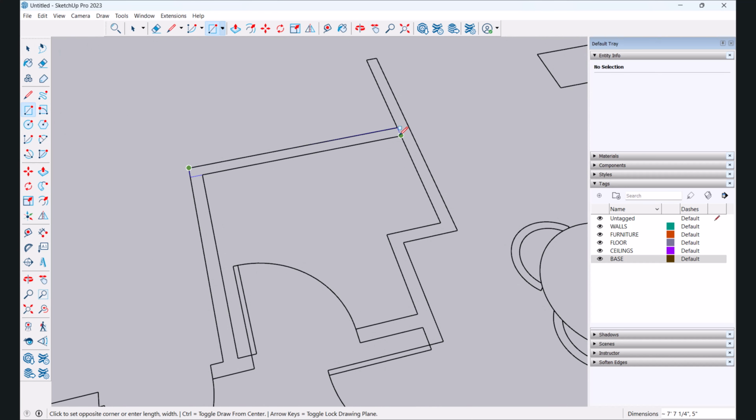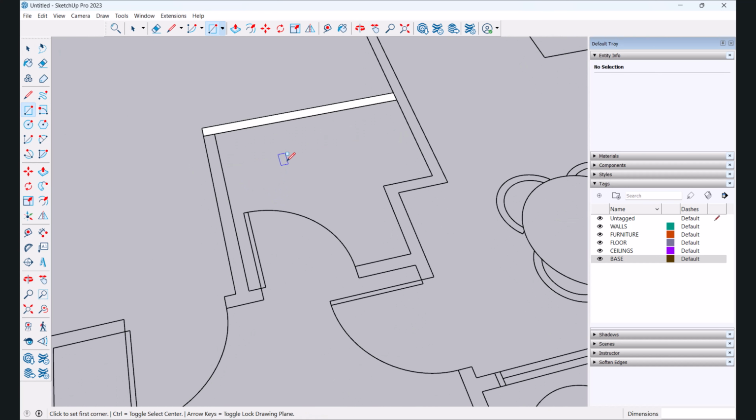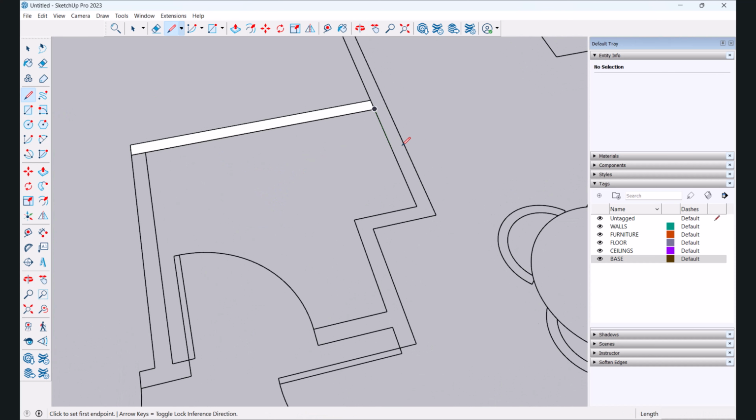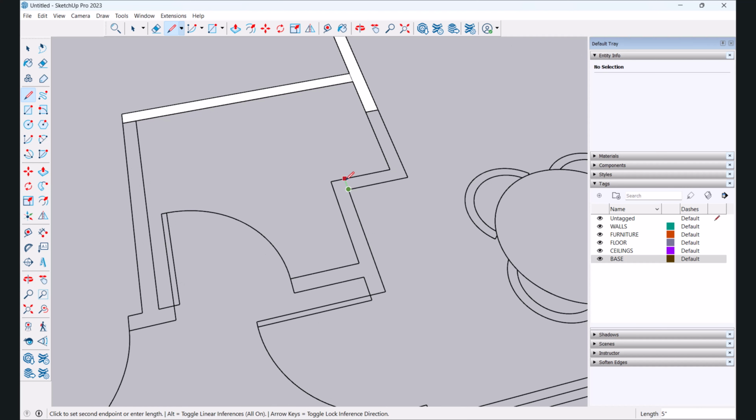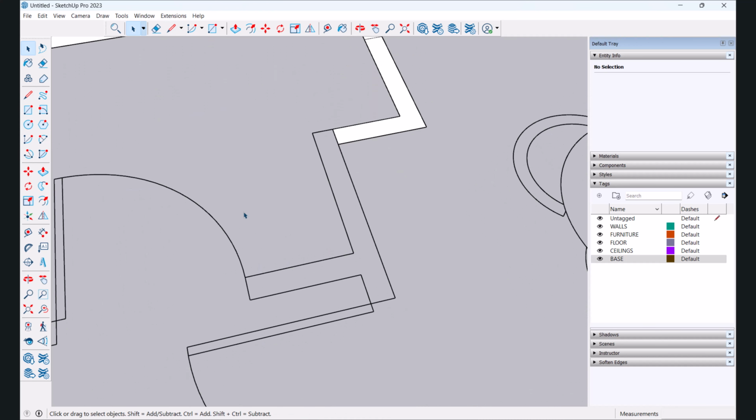So for example, here I just make this, and sometimes you can actually just do lines. This is very weird, kind of impressive, but you can just draw lines and it's going to automatically connect and create the faces. Right now it didn't work, so I have to